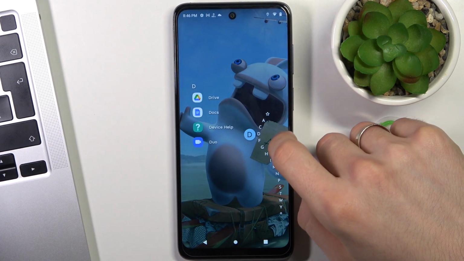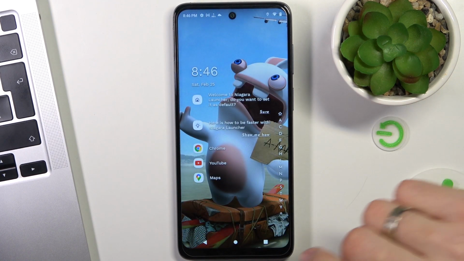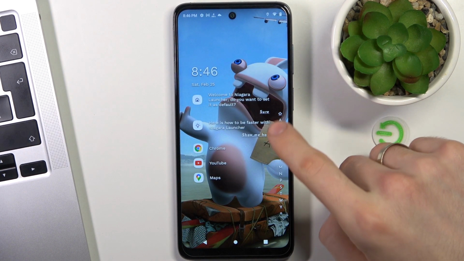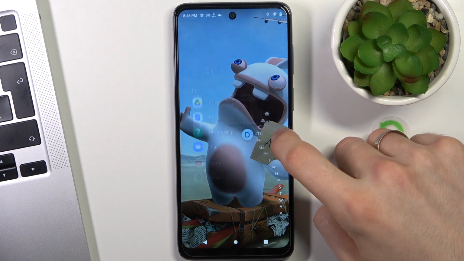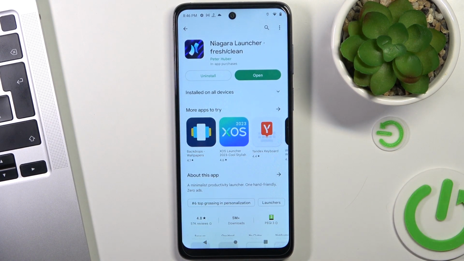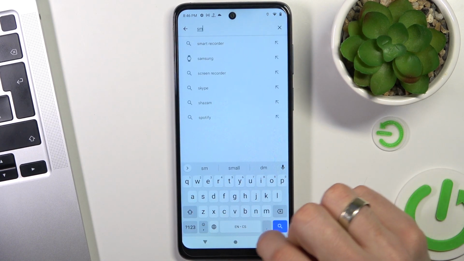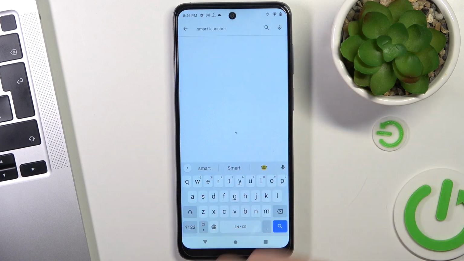I think the best feature of this launcher, because we can easily find any application. For example, I want to find Play Store. I'm just tapping on this alphabetical line and dragging it to P button. Great, that's it. On the second place in my top is Smart Launcher 6, so just find it,